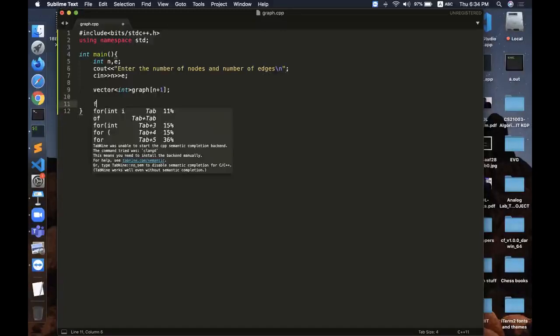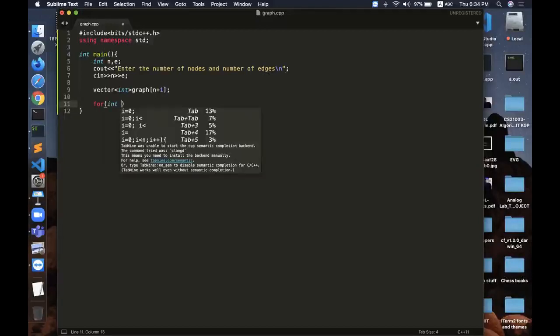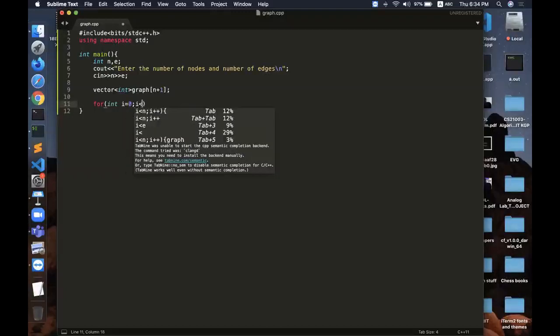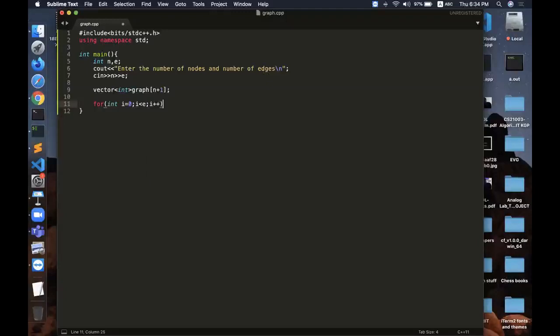Now I take input of all the connections, between which two nodes I have the edges.